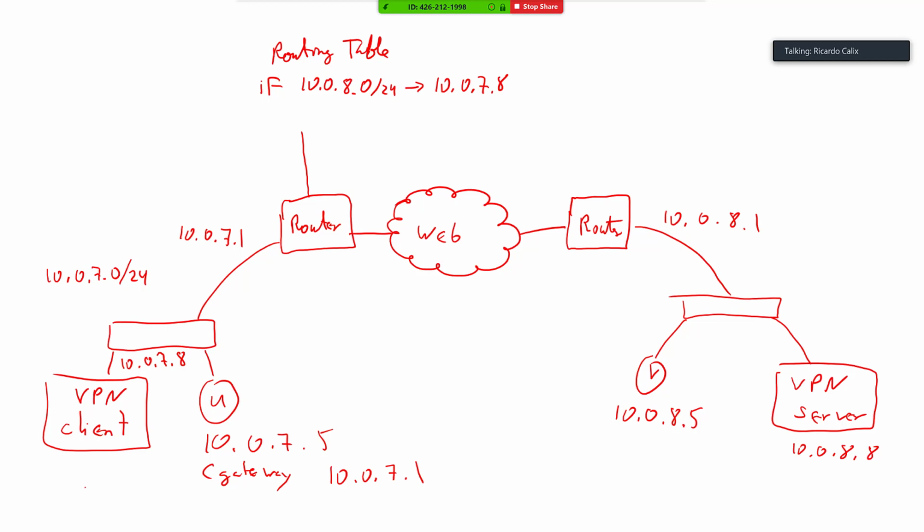Here's the issue though. When that packet gets to the router, it gets to 10.0.7.8, and now 10.0.8 needs to have another routing rule. So we need to find a way to give it a routing rule so that the packet, so what's going